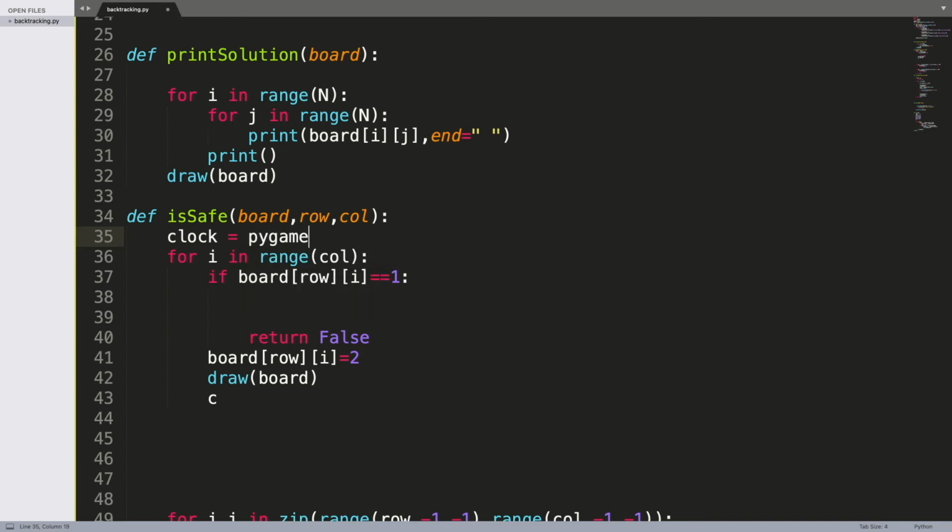clock equals pygame.time.Clock, and you can just do this: clock.tick equals 5. And after that, when I'm through with this, I'm just going to write a for loop condition for